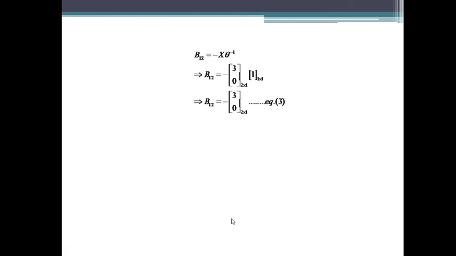Now B12, here x is a 2 by 1 matrix, theta inverse is 1 by 1. After multiplication we get a 2 by 1 matrix, that means 3, 0. Then B21 is minus theta inverse y, its value equals. Now lastly,